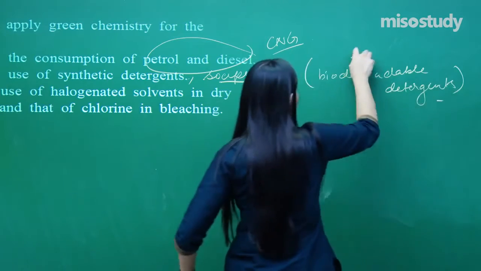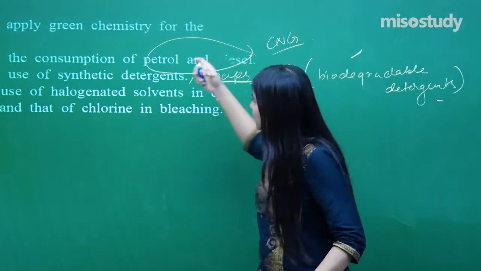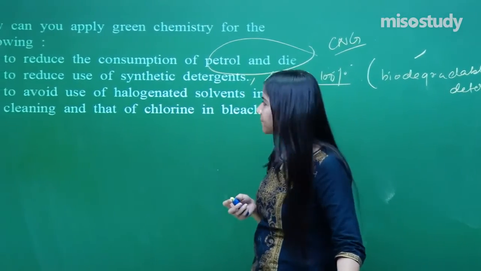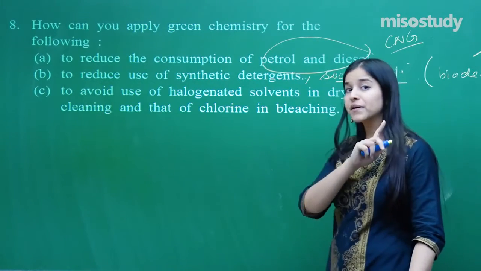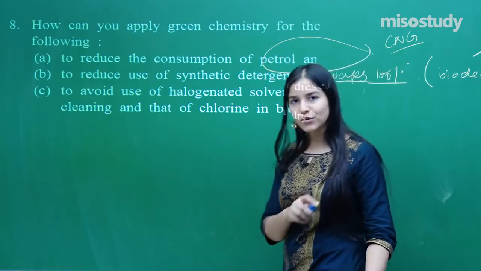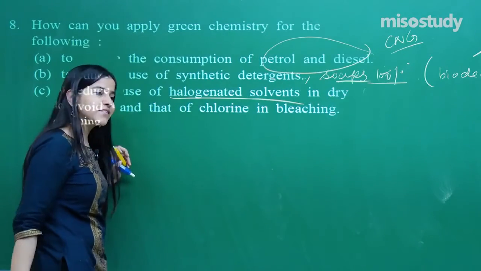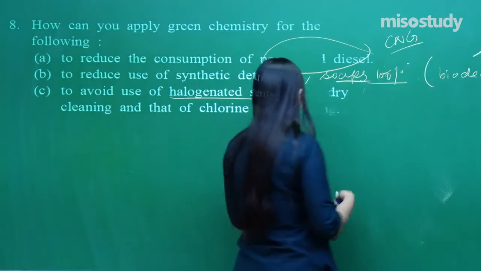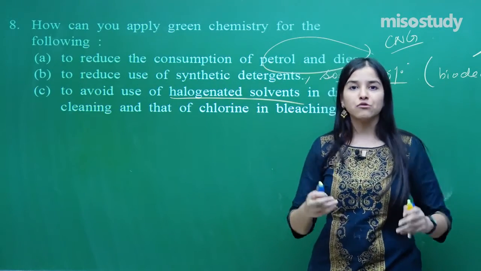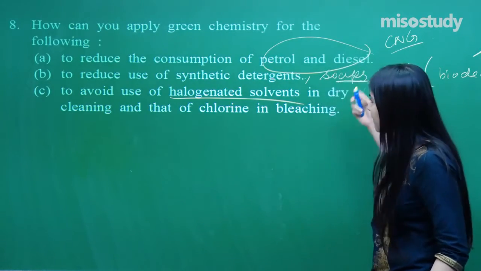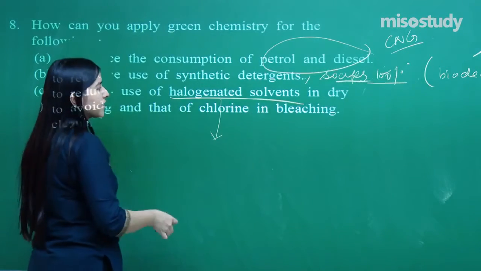Although they will also be harming the environment in some way, it is not as much as the synthetic detergents do, fine. Next one, to avoid the use of halogenated solvent in dry cleaning. Remember, I have told you about the dry cleaning. What was that solvent? That was a halogenated solvent, tetrachloroethene, right? In earlier times it was used, but it is carcinogenic and it pollutes the groundwater. So in order to avoid that, instead of this halogenated solvent, tell me,